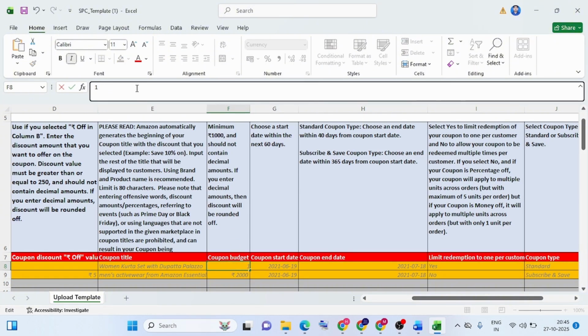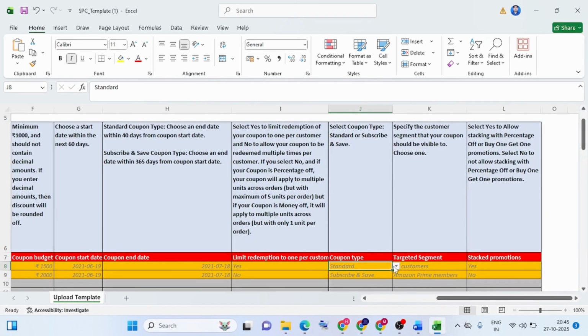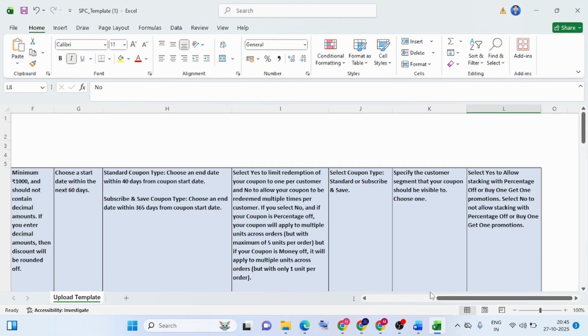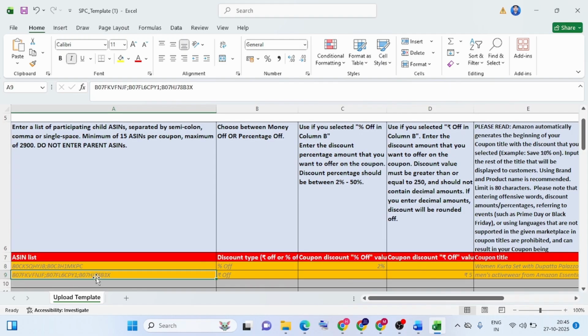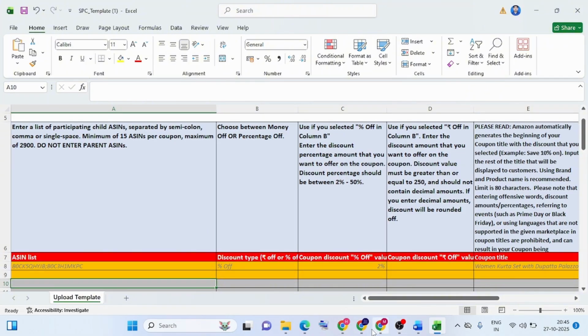It's simple, just think of whatever you did in the previous step and do it at that particular step. The coupon has a start date, end date, and limitations. You can limit your coupon to one per customer or not. You have that option also. After that, the coupon type: standard, subscribe and save. So I just go with standard only. Target all customers, and after that, stacking. I want no stacking, right? This second row, I just remove that. Yes, I simply save and